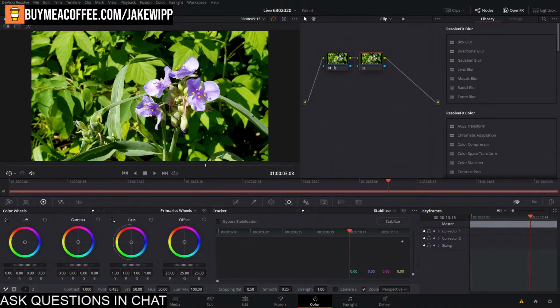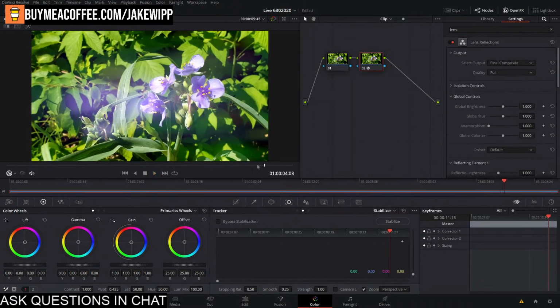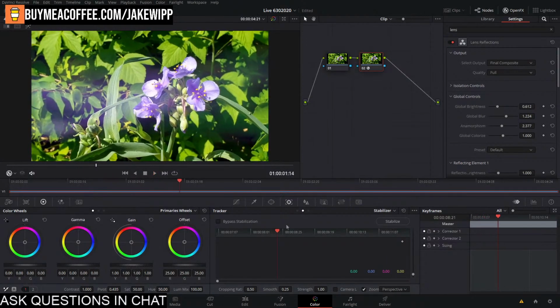The effect that I like to add to these things is called lens reflection. I love the look of it. Sometimes you have to bring the brightness down. This is a studio only version, but I can adjust some of the effects here. I like that. I think it just adds a little bit if I take that off. Add it